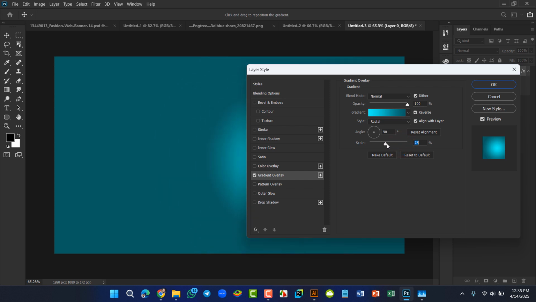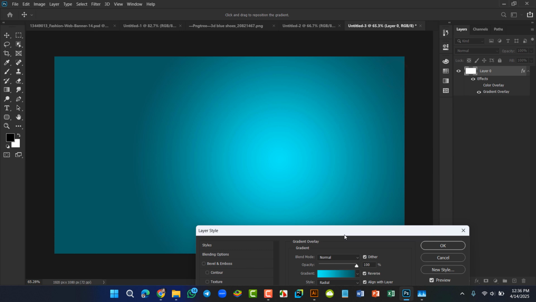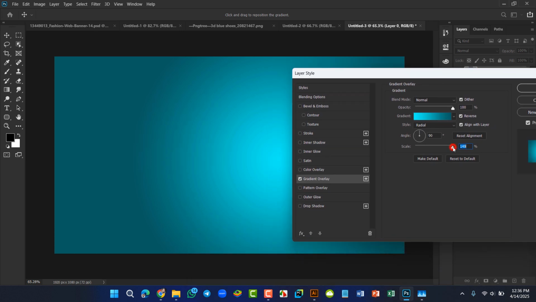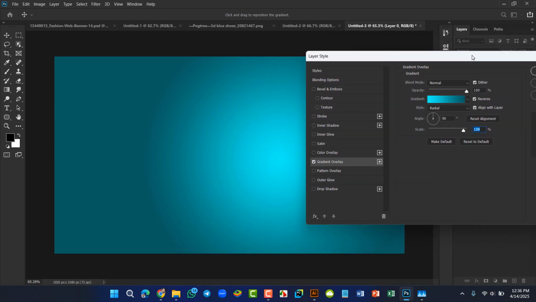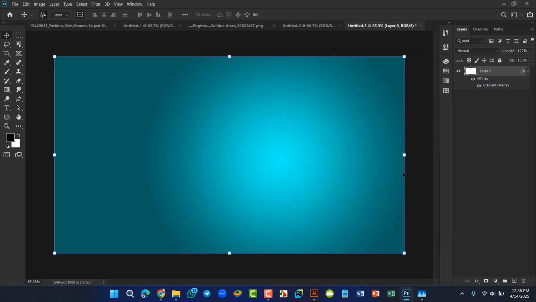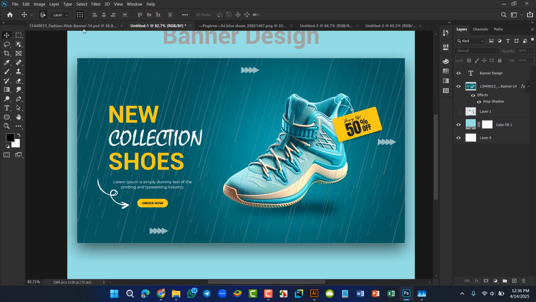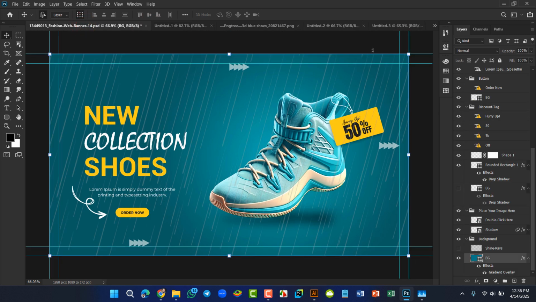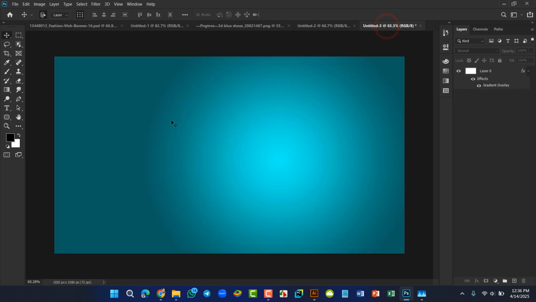Yeah, scale 150 is not good. 139, now it's better than before. Okay, we adjust color next, no problem. So this is our background layer, and we need a rain effect. As you see, here has some rain effect, so I use a brush tool here, which you can download